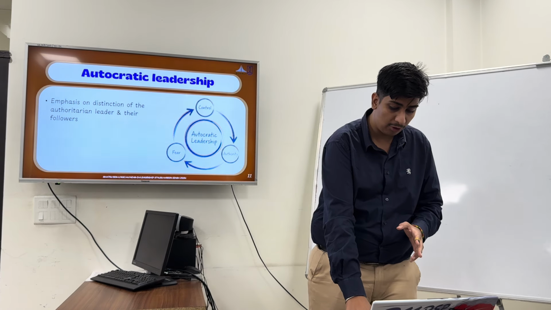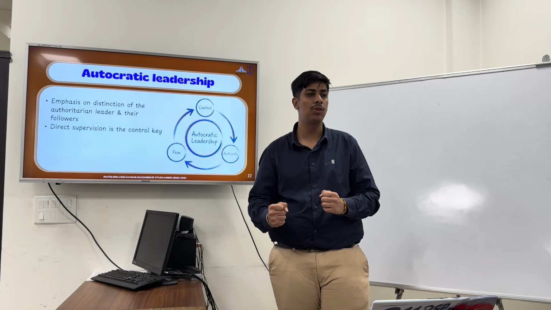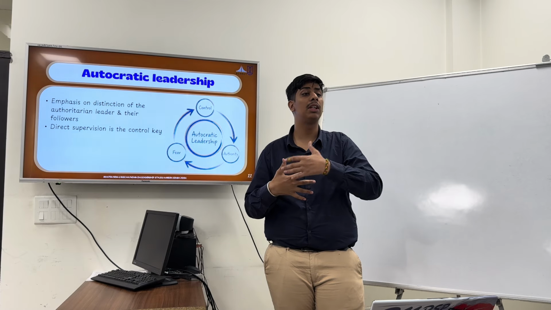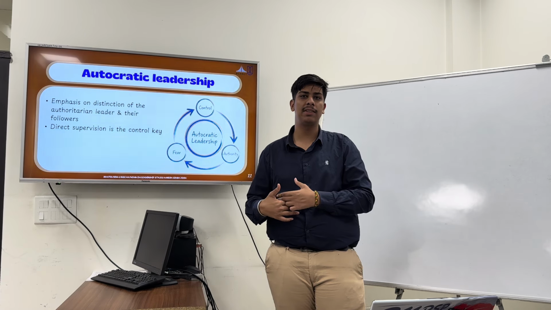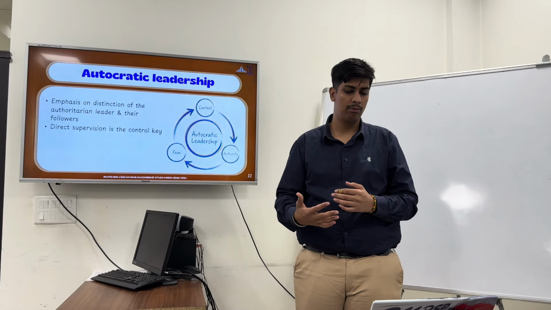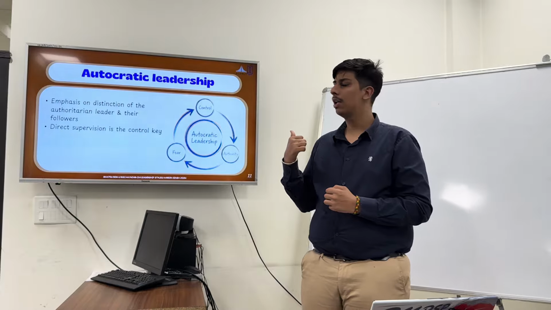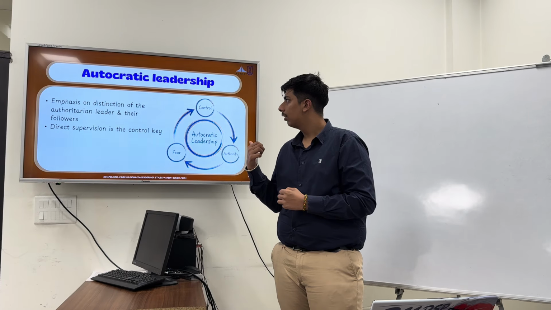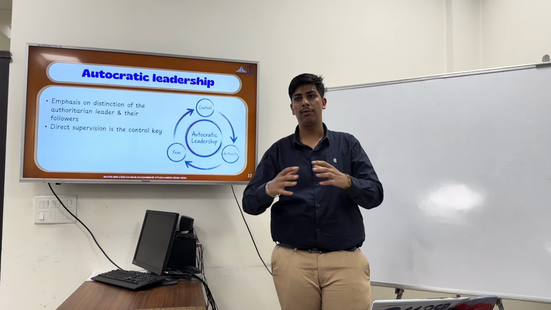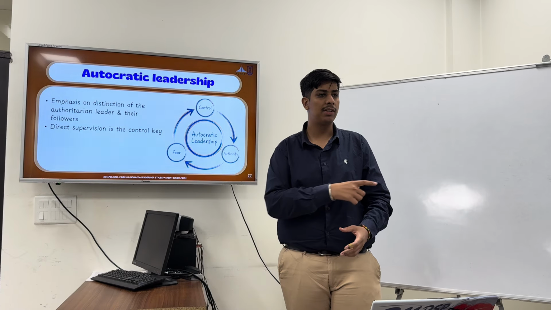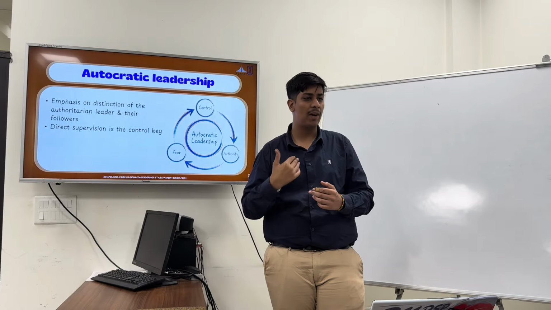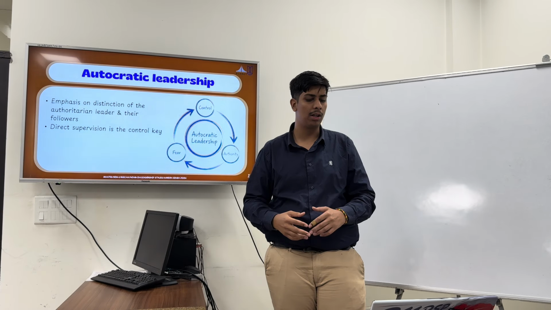It's directly under the supervision of the leader. He has the control. He has to make decisions on his own without being in touch with the teammates. He has to take decisions in such a way that the team members are not affected a lot, and the work should be completed. This is done at a time when the workflow is at its peak, and we cannot sit before the work and take decisions from each and every person. So the leader thinks, instead of taking decisions from all, I'll take a wise decision to get the work done.